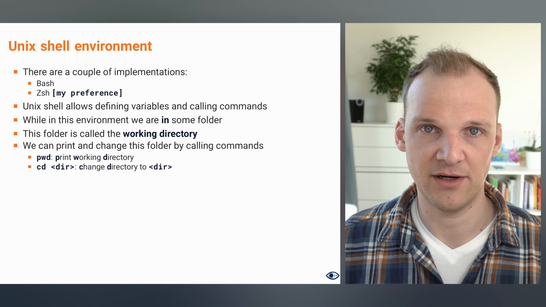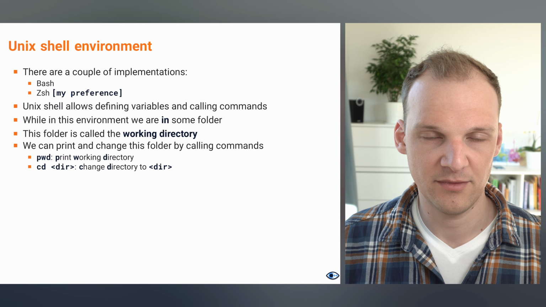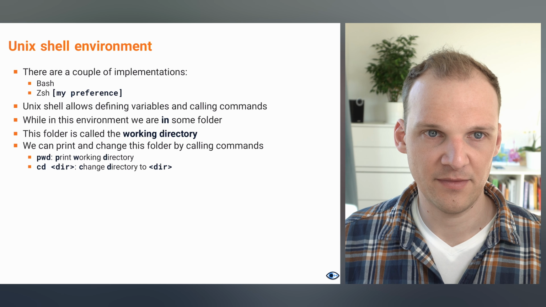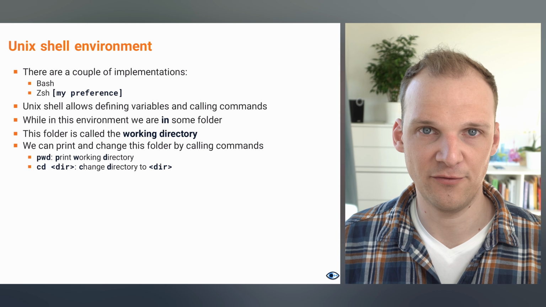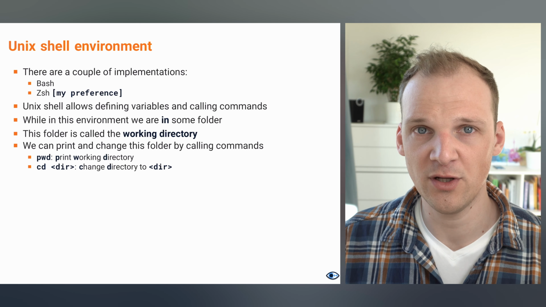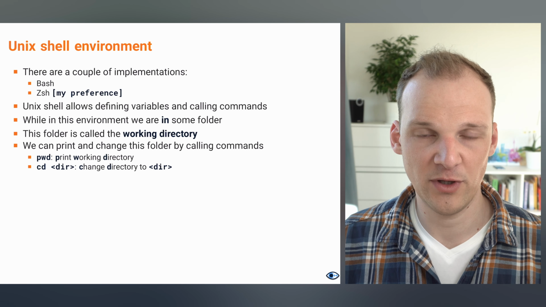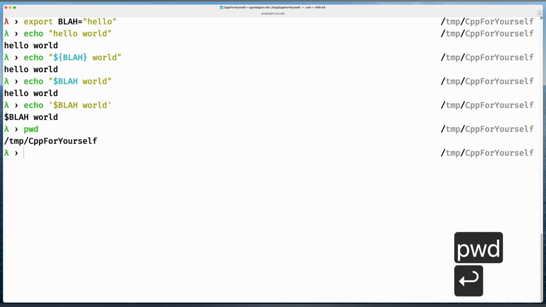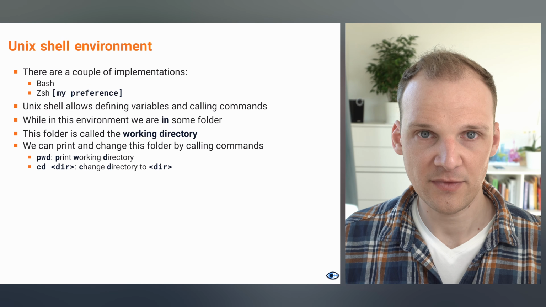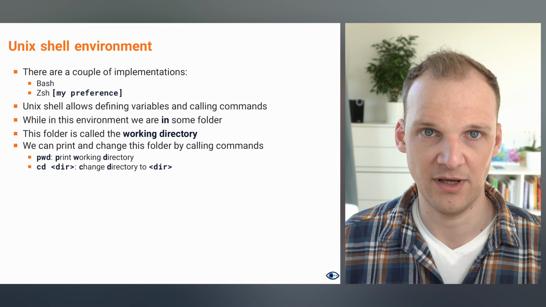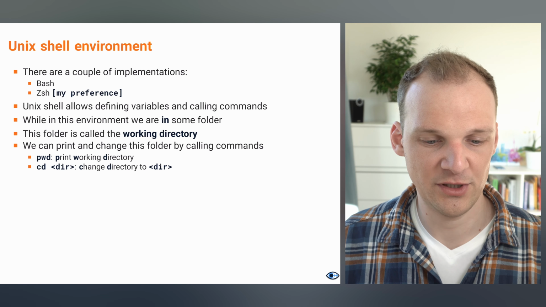An important understanding here is that a Unix shell is always in some state. When we talk about the state of the Unix shell, we're talking about a folder from which we run all of our commands. And that folder can be queried with the command pwd. And you can see now that I'm in the temporary folder, in the cpp for yourself folder within the temporary folder. We can also change this directory by calling the cd, and for that we just pass in